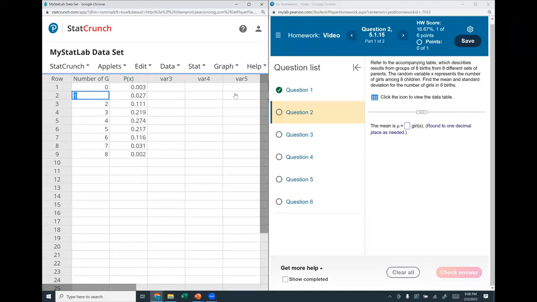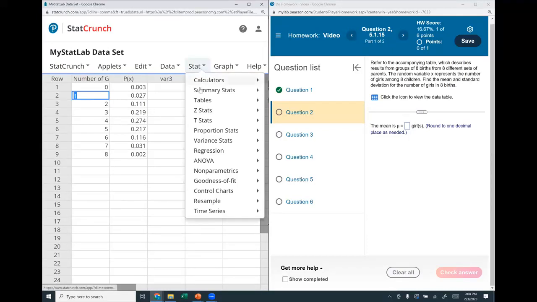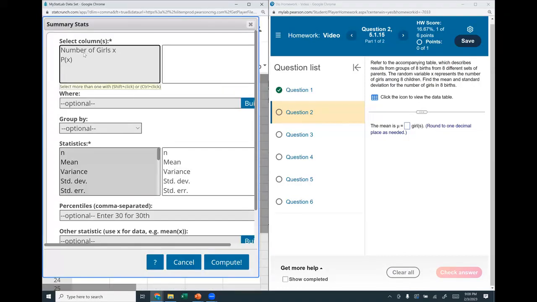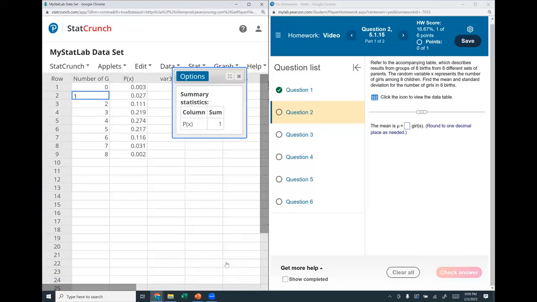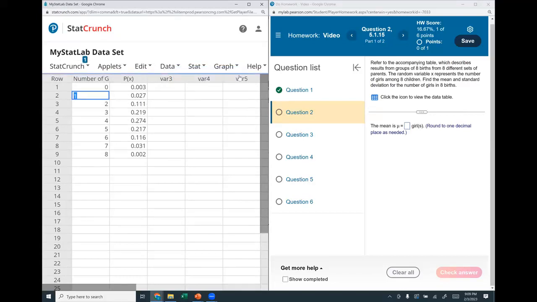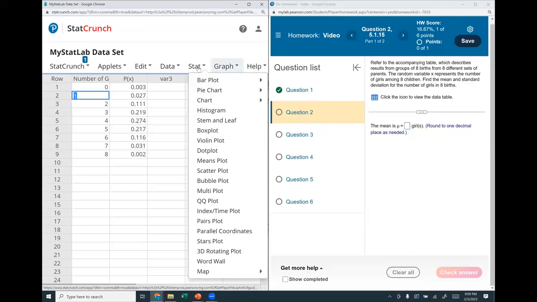So should we check to see if it's a probability distribution? I mean, it won't hurt. So we sum the columns, right? We look at P of X. We don't want them to trick us. So let's sum the columns. It equals 1. So we know we have a probability distribution. And then we have to find the mean. So we go to Stat,